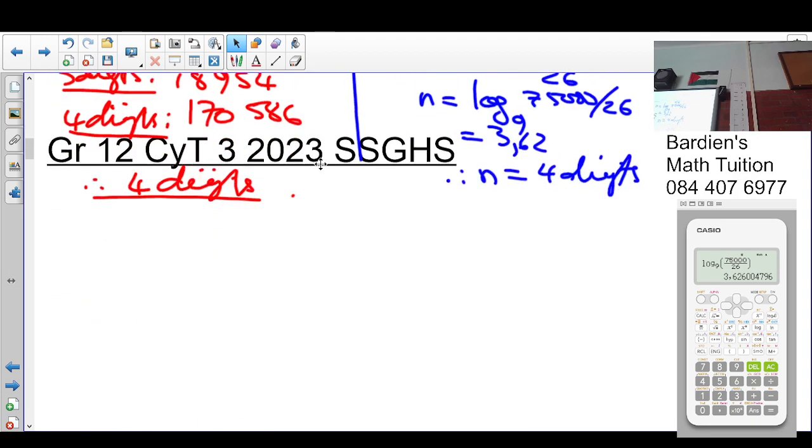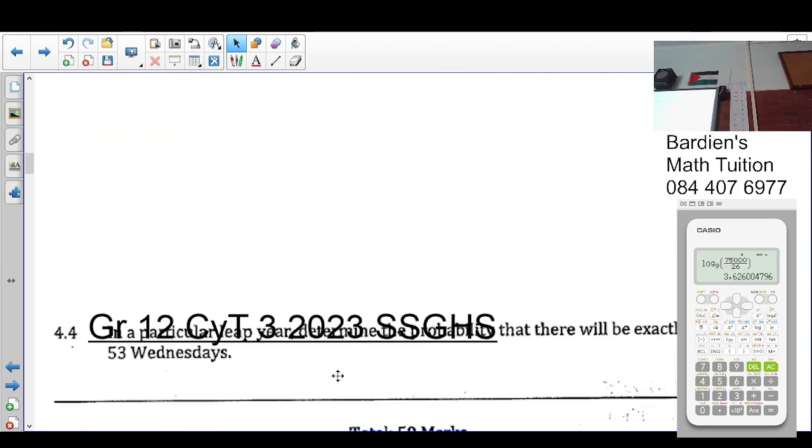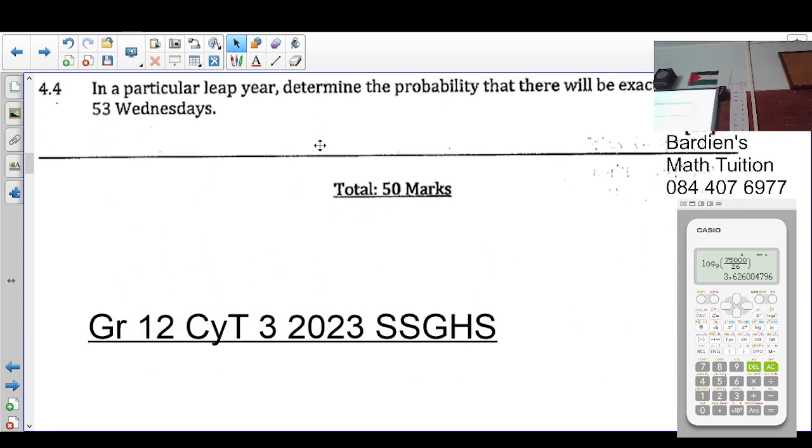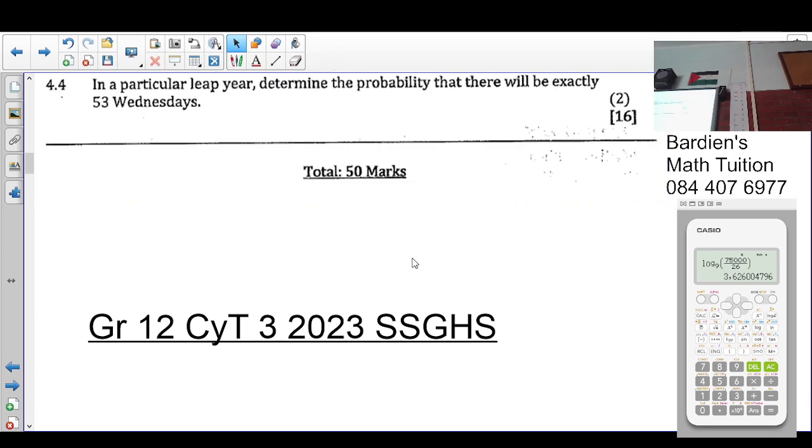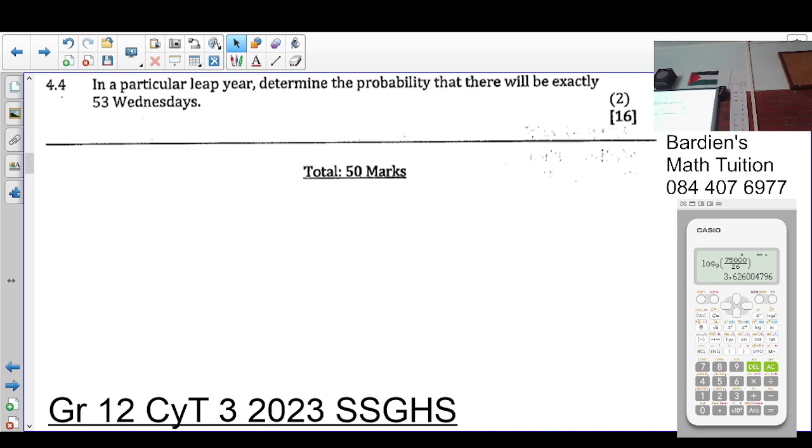People, the last one. Question 4.4. In a particular leap year, determine the probability that there will be exactly 53 Wednesdays. People, how many days are there in a year? 365 and a quarter, almost. In a non-leap year, it's going to be 365. In a leap year,